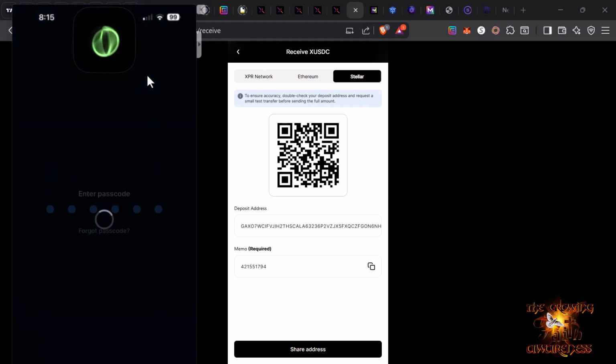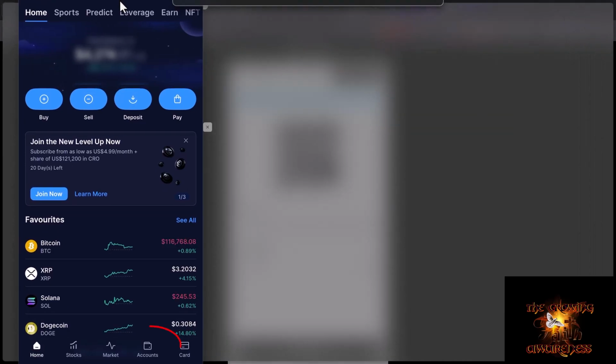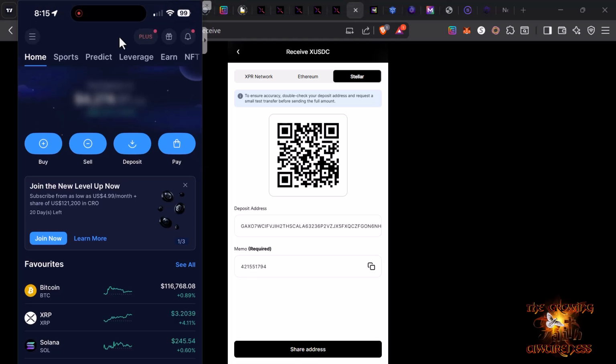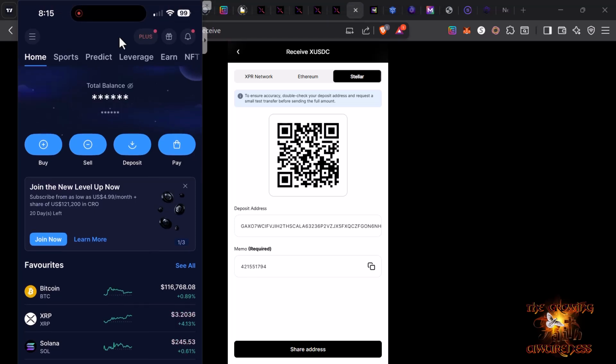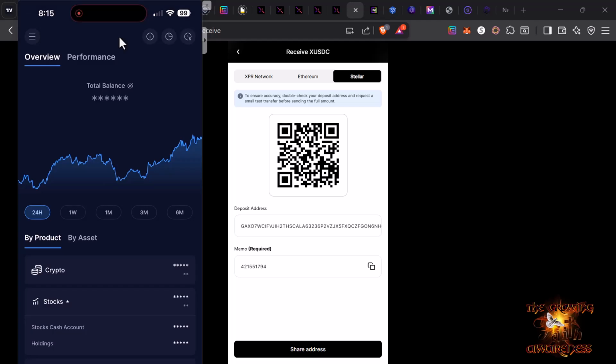website, and what I want to do is go down to accounts, which is at the bottom there. If you can see that down there at the bottom, it's accounts. And let me go ahead and turn off all the money and all that so you guys can actually view my screen. So I'm going down to accounts like I showed you at the bottom. So I'm in my accounts. I'm going to go to the crypto